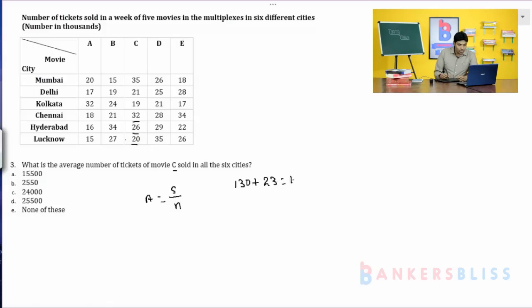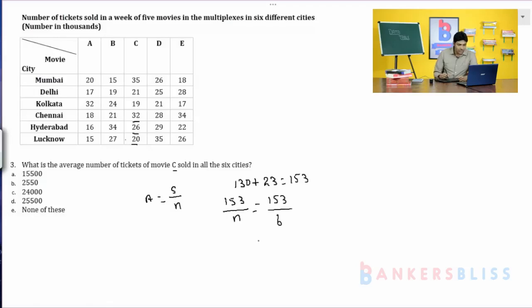So, altogether you are going to get 153. So, the sum is 153 divided by n you have to do. N means total number of cities. You have 1, 2, 3, 4, 5, 6. You have 6 cities. So, 153